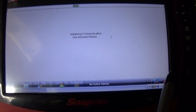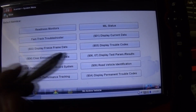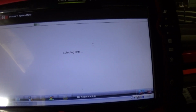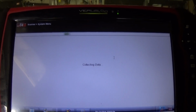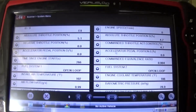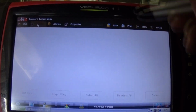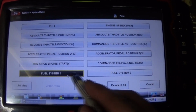And let's pull trouble codes again. There should not be any. Okay, good. Alright. And now we're gonna go to data and look at the voltage output, and pretty much the same as what we did last time. Customize it. Alright, so system,